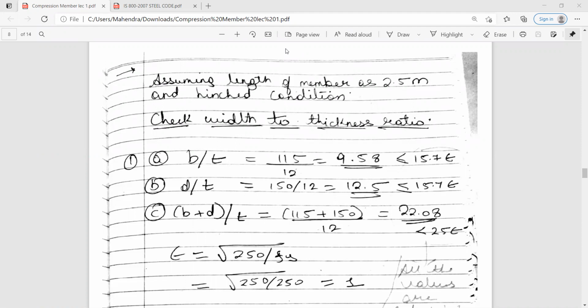Then how did you get the value of fy as 250? fy we are going to assume, that is yield stress. What yield stress do we always take? When we calculated the tension member also, there also we had considered the value of fy as 250, and here also we are going to consider the value of fy as 250 only. Okay, ma'am. Yeah. So write in brackets: assume value of fy, that is yield stress, as 250.